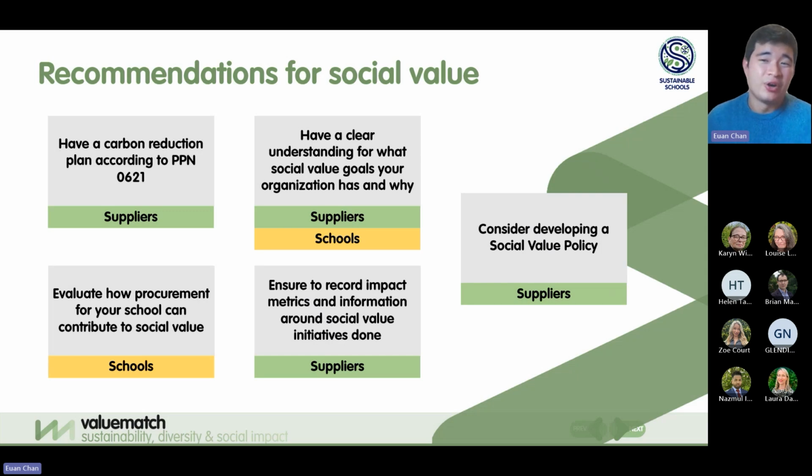Number two, have a clear understanding of what social value goals your organization has and why. When it comes to social value, a key goal is to benefit local communities, so it's really important to understand what needs or issues the local community has. This can be areas such as skills development, employment needs, or well-being. From here, it'll be much easier to develop a targeted approach to driving social value as an organization through your own procurements. Having a clear understanding of what needs there are really helps with implementing things like SMART goals for social value and helps them become real and actionable.